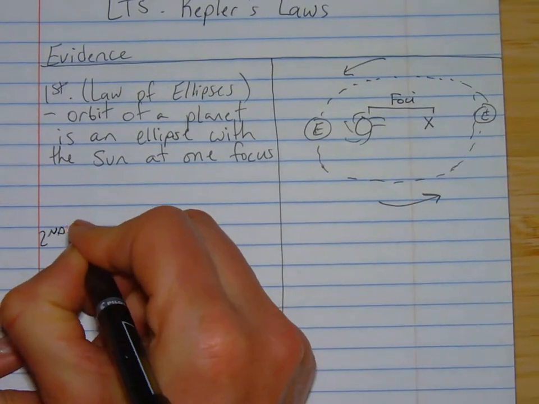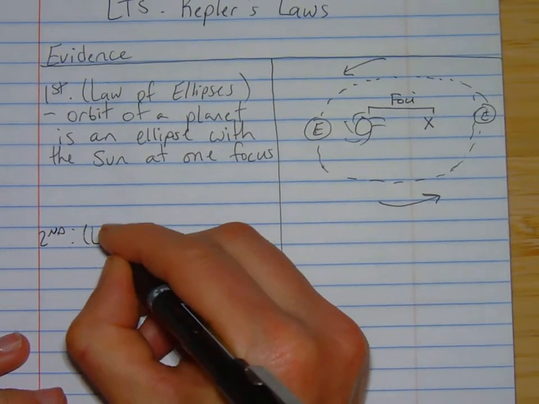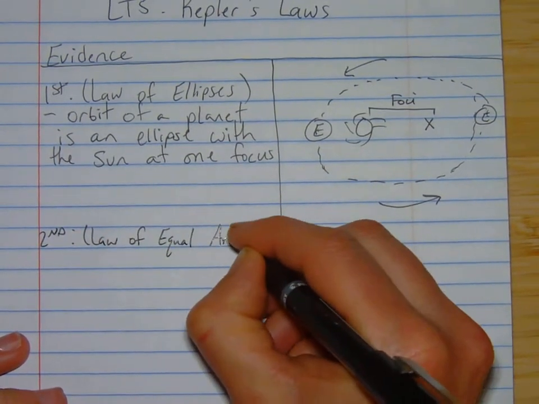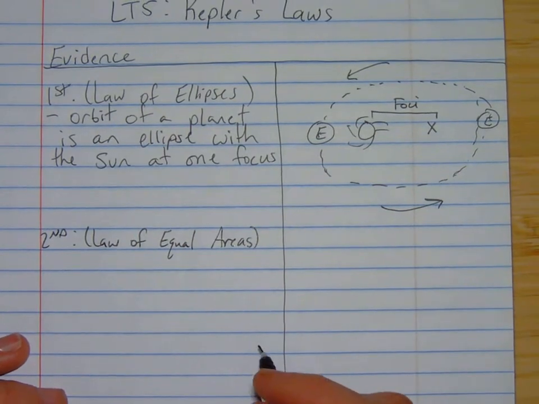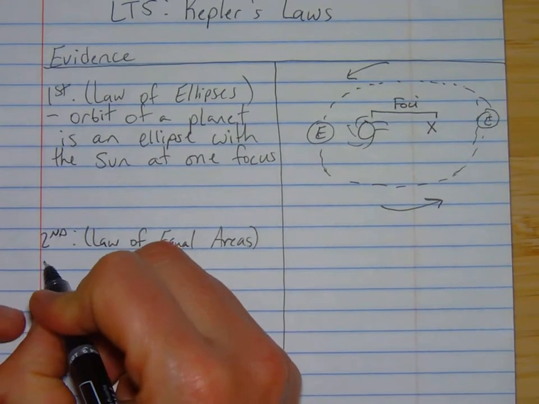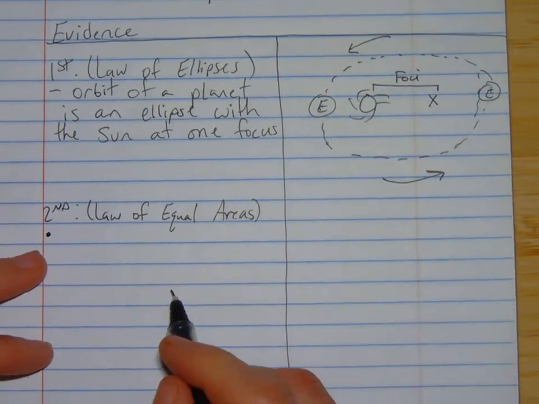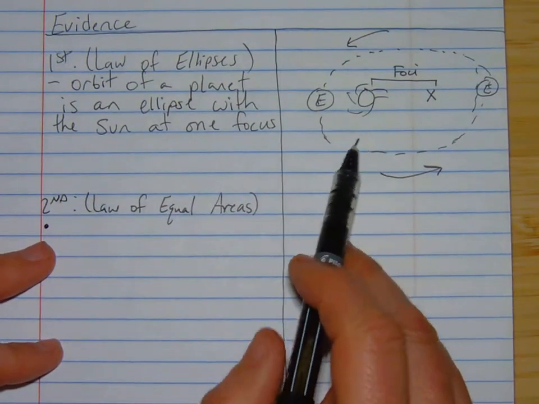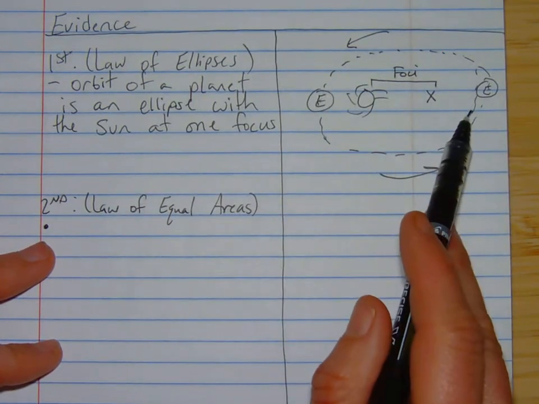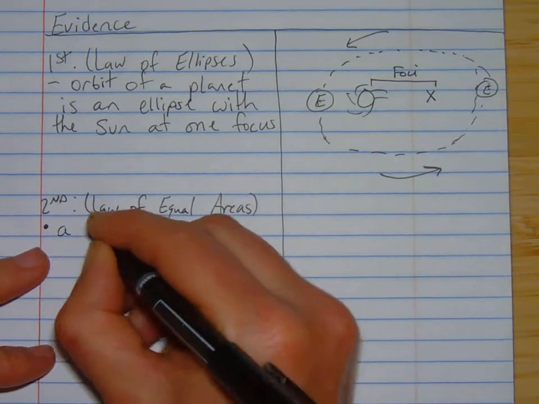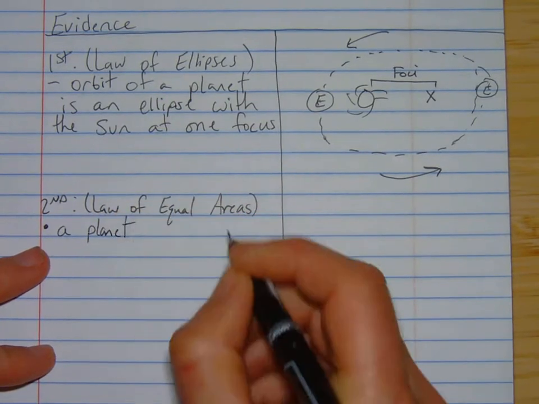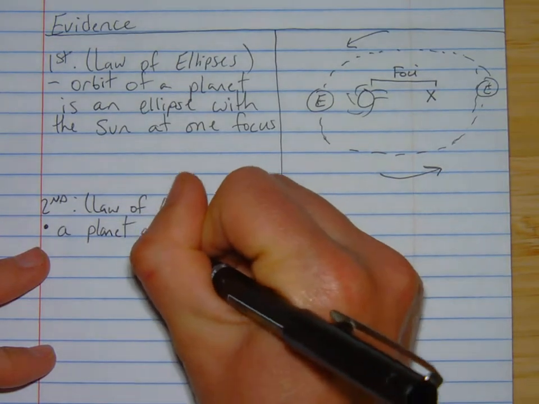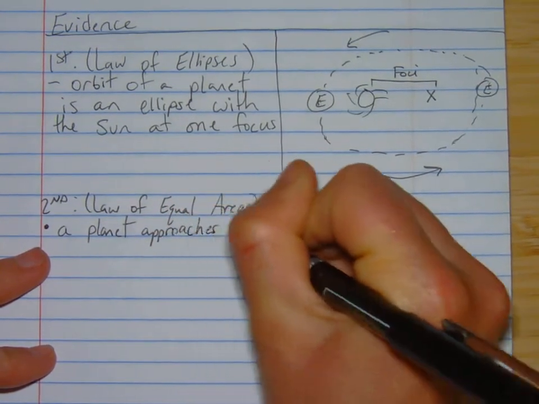The second of Kepler's laws is also called the law of equal areas. This one is loaded. One of the first things hopefully we noticed in Solar System Explorer was that the planets in an elliptical orbit do not always travel the same speed. They do not. So as a planet approaches the sun, so as it's coming towards it,